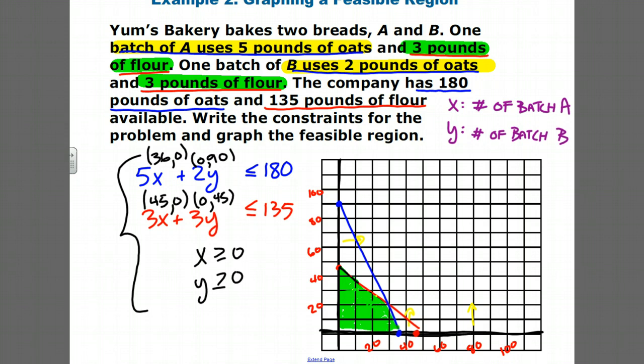What specific points are we interested in? The vertices. So you need to find all the vertices of the feasible region, because eventually that's what's going to maximize our